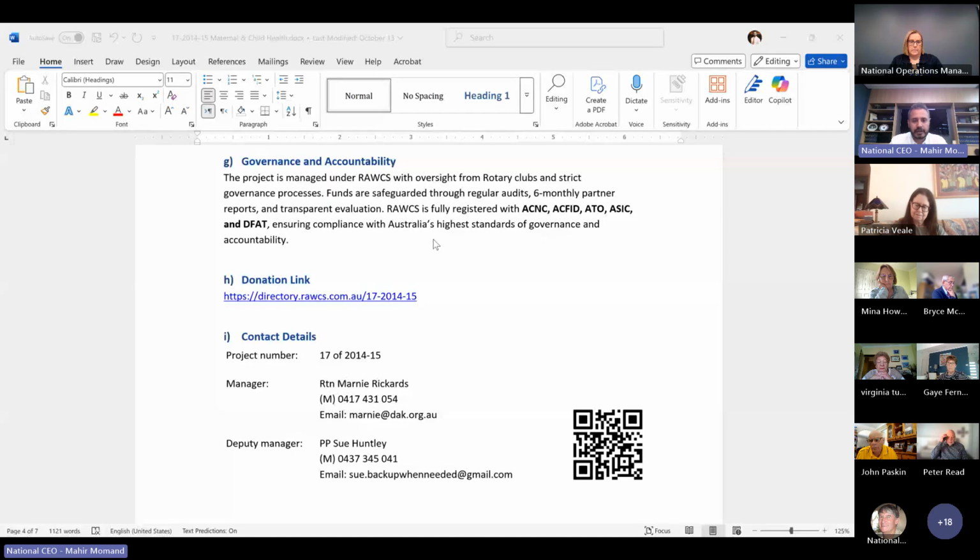RAWCS is registered with ACNC, we are registered with ACFID, we are registered with ATO, with ASIC, and we are now a member of ACFID, and soon we'll be going towards getting accreditation by DFAT. So that all actually helps a donor understand that there are different regulators that are overseeing the work of RAWCS